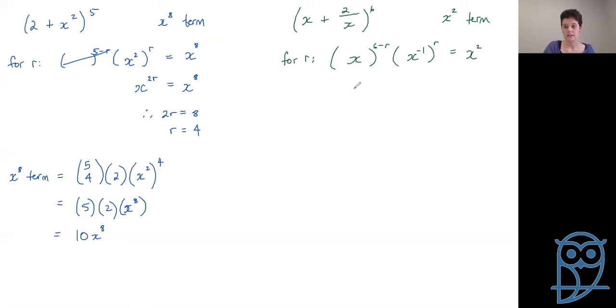So laws of indices. x to the 6 minus r, x to the minus r equals x squared. We can combine those: 6 minus r, so x to the 6 minus 2r equals x squared. x to the something equals x to the something else. Therefore, 6 minus 2r equals 2. 2r equals 4. r equals 2. And then we can go straight into just calculating that x squared